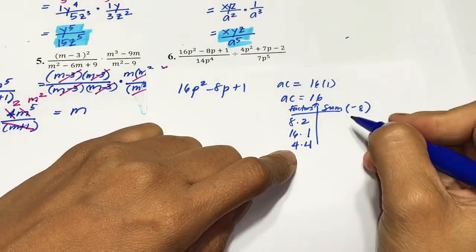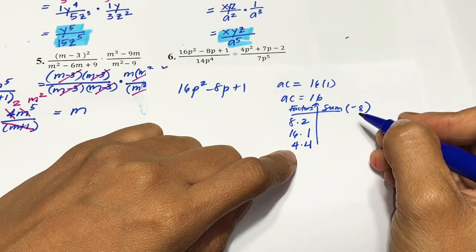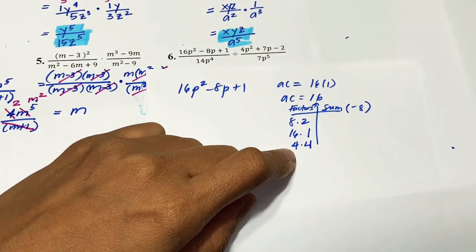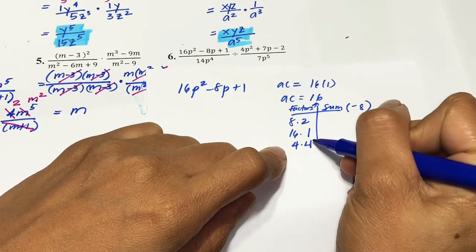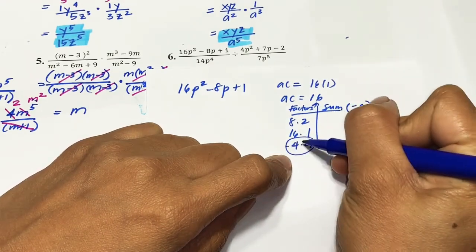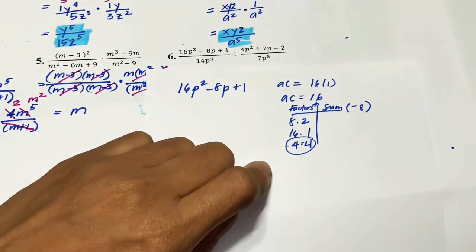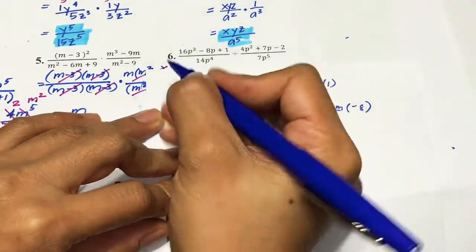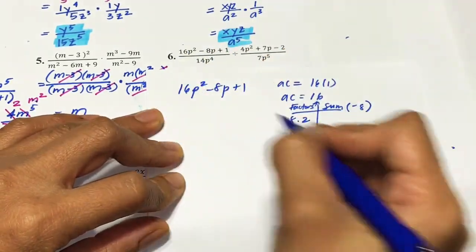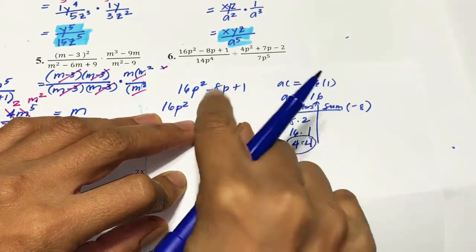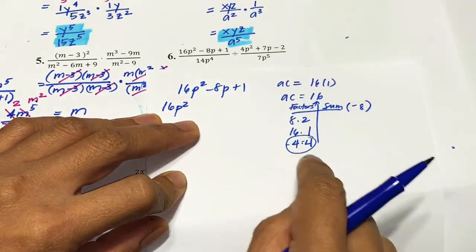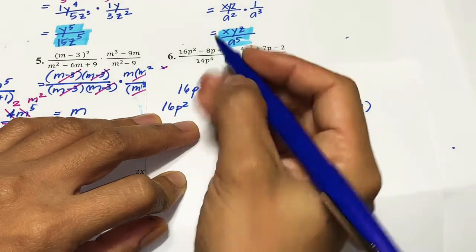Is that it? Okay, I think that's it. Which one will give you a negative 8? That's 4 and 4, right? Negative and negative will give you a negative 8. So we're going to rewrite this one to 16p squared. Instead of negative 8, we're going to use 2 negative 4s. So minus